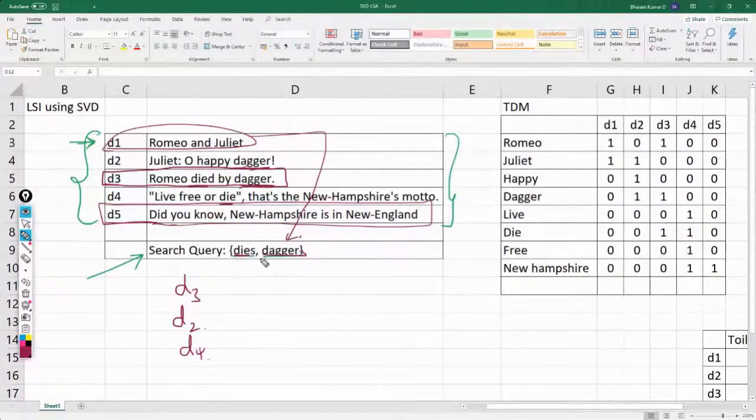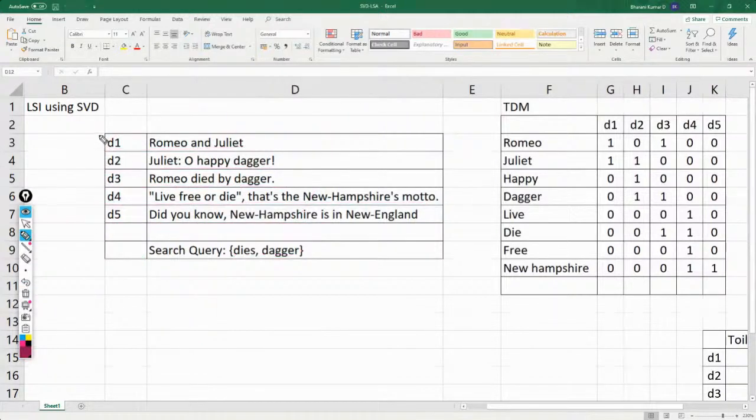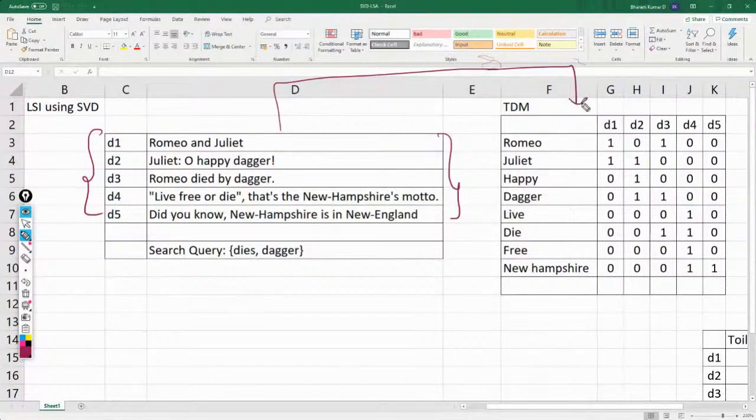Okay, so your regular search, your regular thought process is unable to help you solve this. Number 1, remember that. Number 2, we are going to take this unstructured data and bring it to a structured format. And this structured format is term document matrix. You take all the terms which are available and list down here, and then you have 5 documents, those will be listed down here. In document 1, you have Romeo and Juliet.